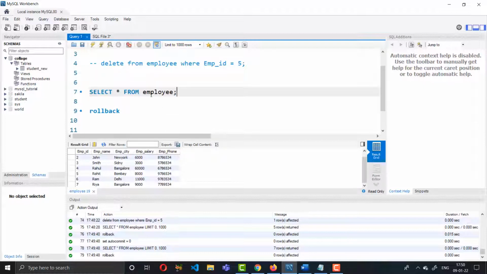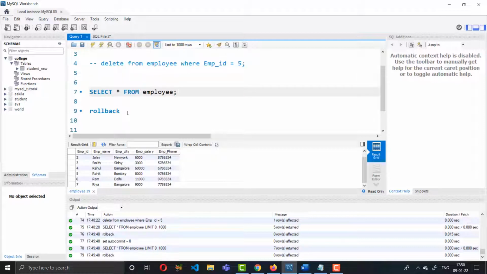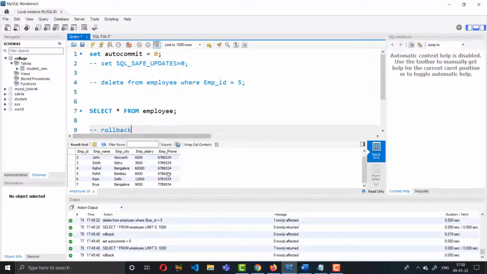Now I will show what rollback does not do. Okay, comment here. I have already told you that these delete operations are done temporarily in the internal system. So now uncomment this part, because it is also required to delete the data.